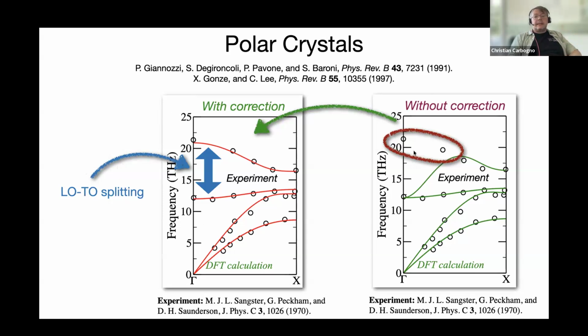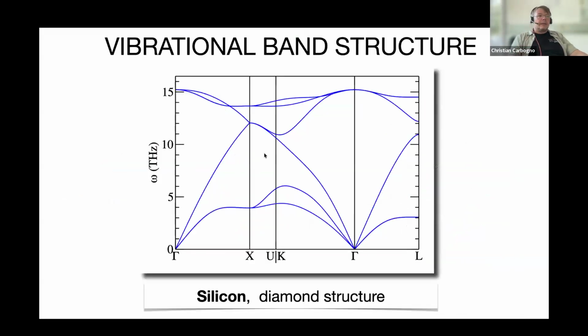Good. And now you have everything that you need to know to calculate and understand such vibrational band structures. And this is nice because you can already get a lot of insight into how the vibrations are acting in the material. However, we don't do these calculations just for calculating something like a band structure to compare to experiment. We want to learn more about it. So the vibrational band structure is not the only thing that we want to know.